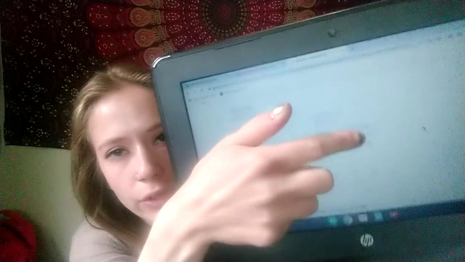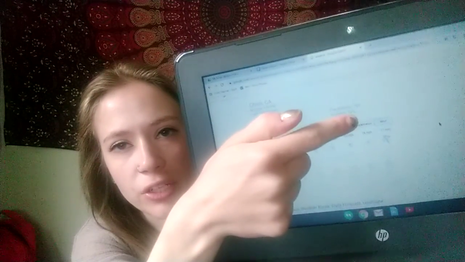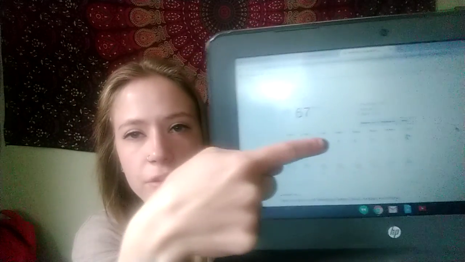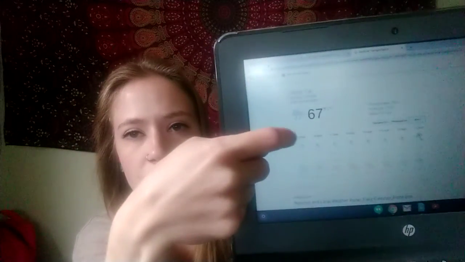So let's check out now what our wind is going to look like. So let's make sure that we have a blue rectangle around wind. We did our temperature, we just did precipitation, now we're on wind. You'll know you're there when you see the arrows with the different wind speeds throughout the day.